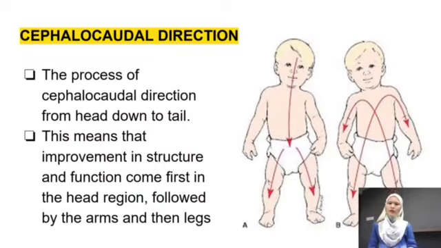First, cephalocaudal direction is the process from head down to tail. This means that improvement in structure and function come first in the head region, followed by the arms and then